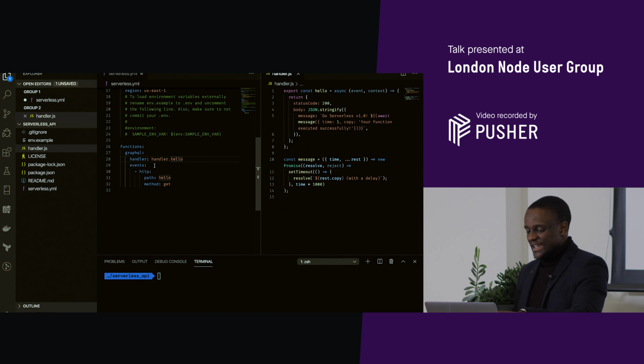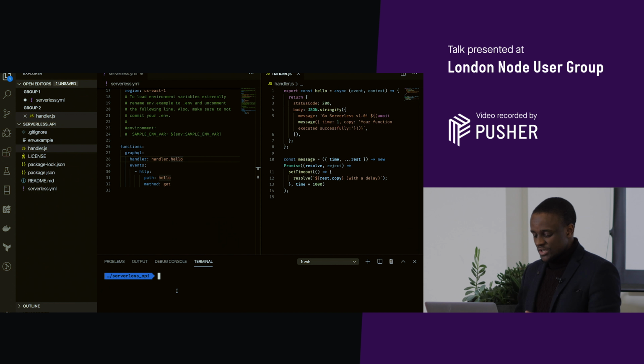And then events are basically like your router. So it's saying whenever an HTTP request comes in, the path is /hello, and the method is get. If that matches, you run this code, run the handler, and that's as simple as that. So for us, this is nice, but we want to change this so that it uses